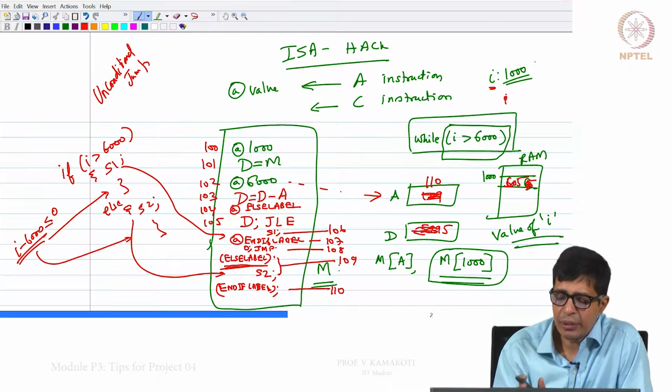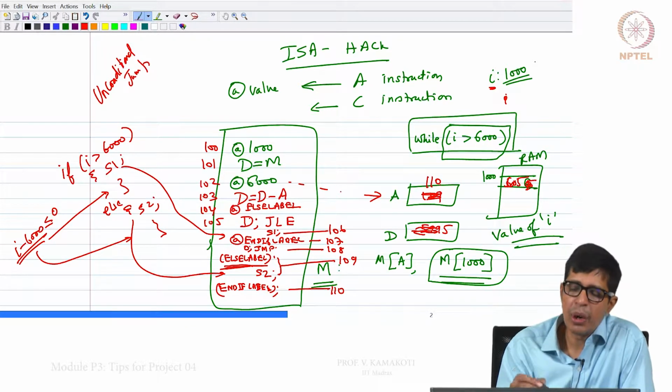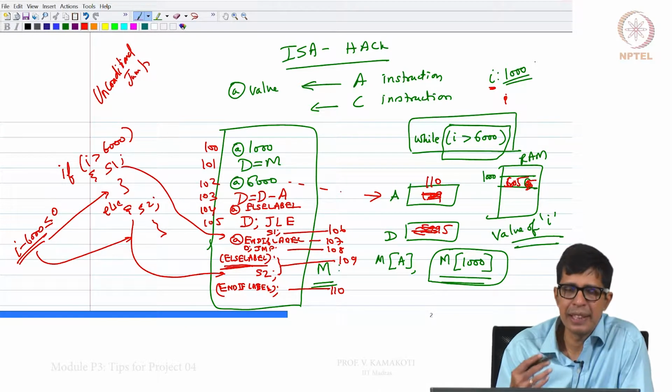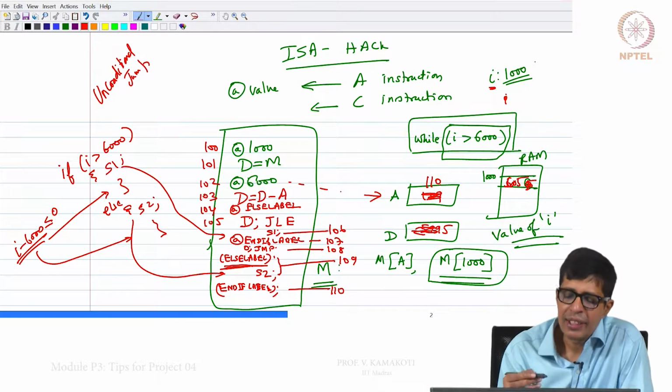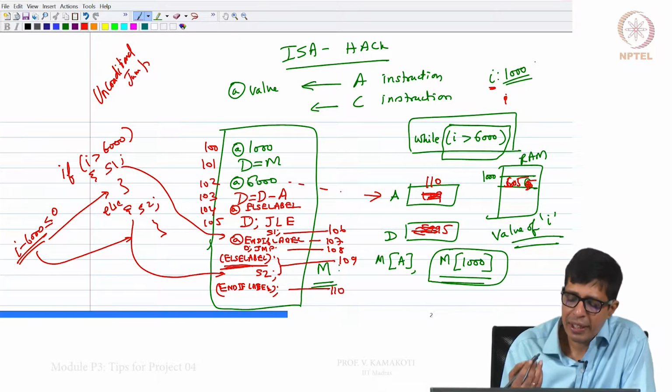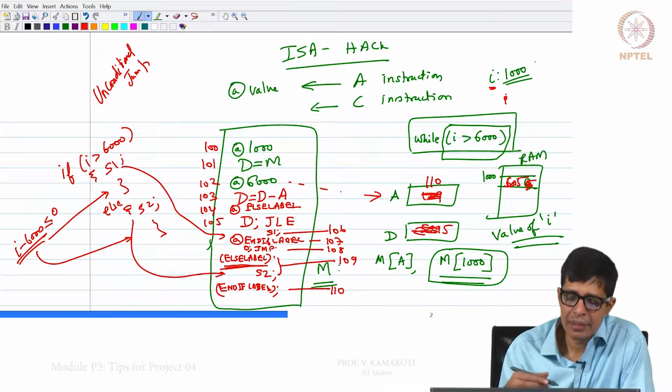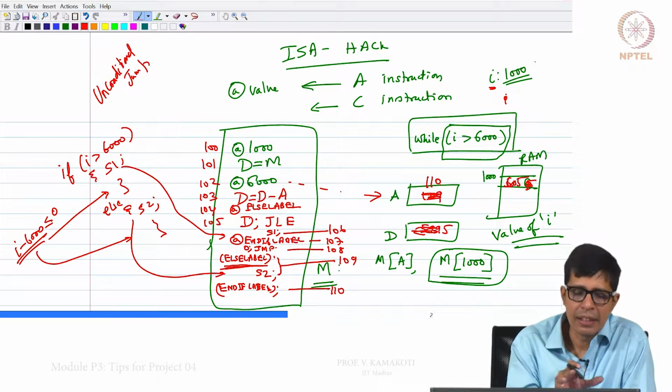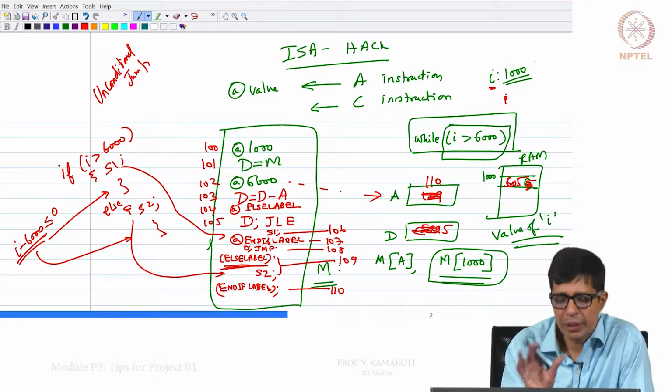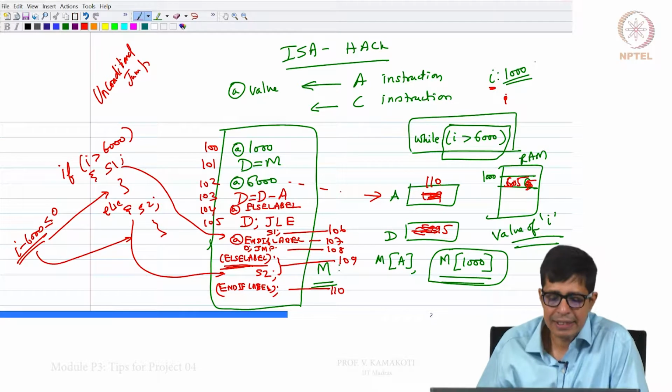The things that we need to understand here are how we handle jumps and how we handle conditions. Handling jumps is the major thing here. We have seen both conditional jumps and unconditional jumps, and this is the way the Hack ISA is used for translating a C program into this ISA language.